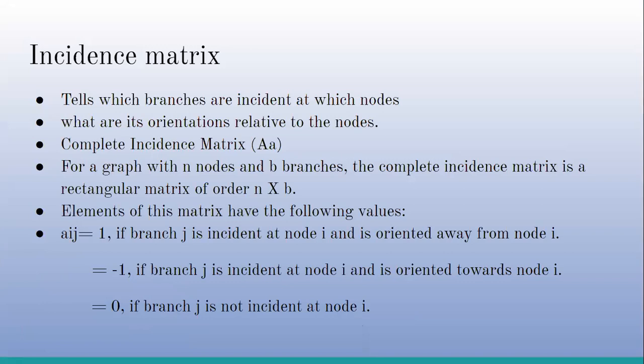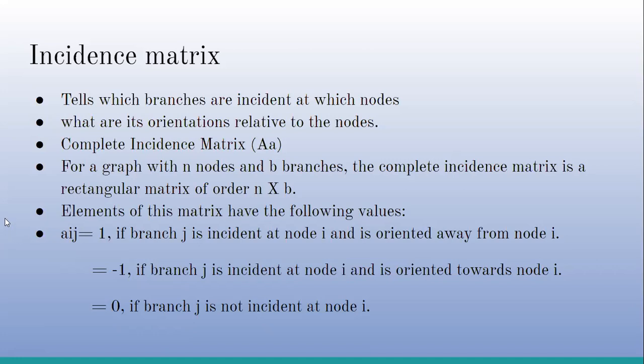As we know that the nodes, branches, loops, these are the basic elements of a graph. So when we convert the given network into a graph, we have all the nodes, the branches, and the loops mentioned in that graph. And we also assume the directions if they are not given in an electrical network, and such type of graph we call as a directed graph.